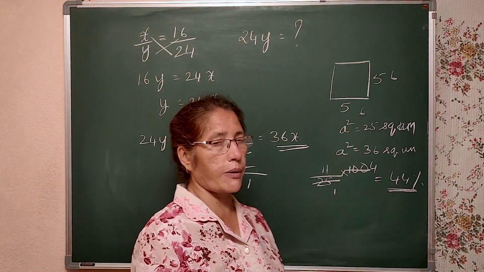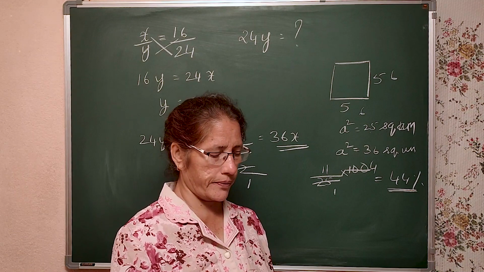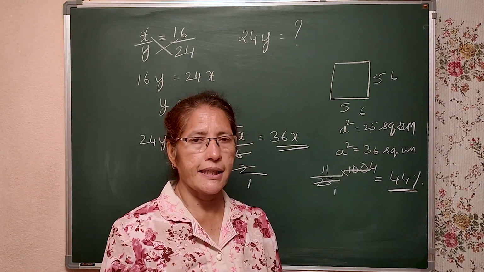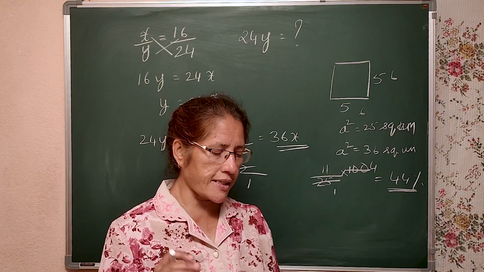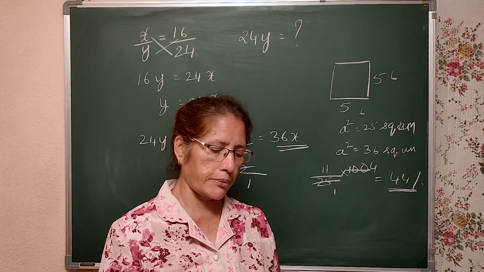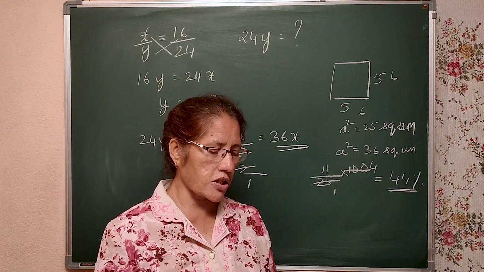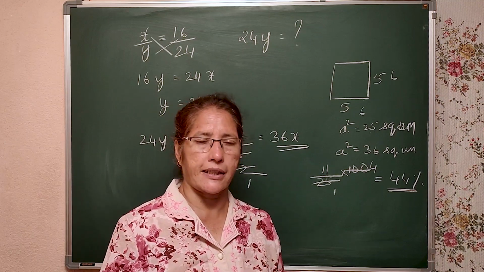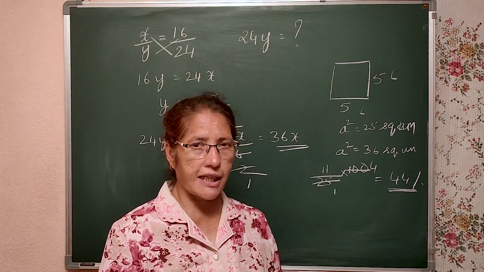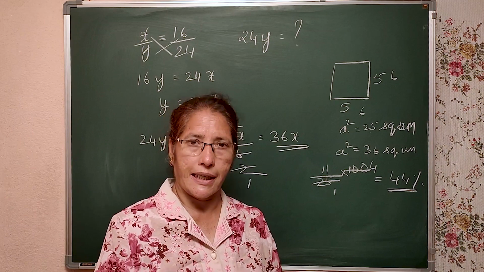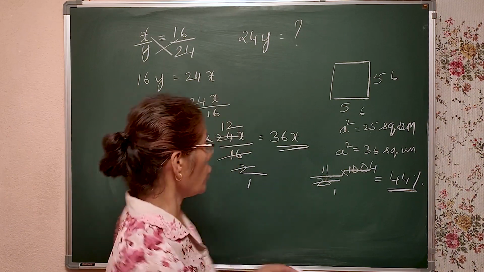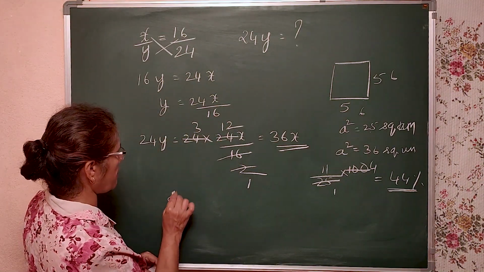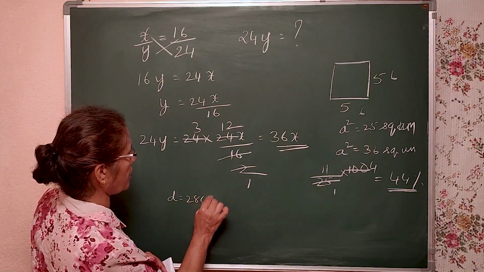Now, let me explain one more, the third question. How many revolutions will a toy wheel of 28 centimeter in diameter make in traveling a distance of 880 centimeter? You must have seen the toys. In that toy wheel, what is the diameter of that wheel? 28 centimeter. Diameter is equal to 28 centimeter.